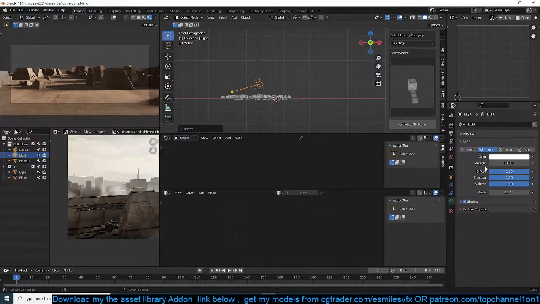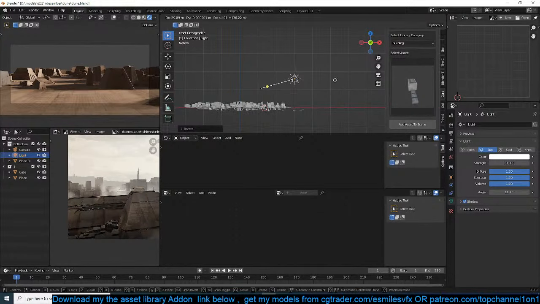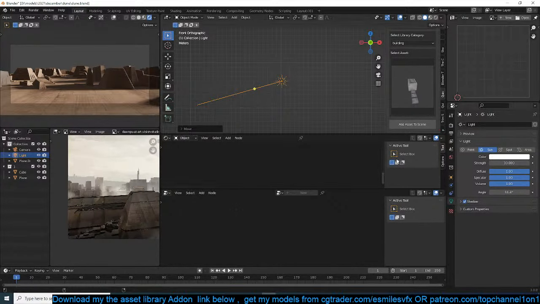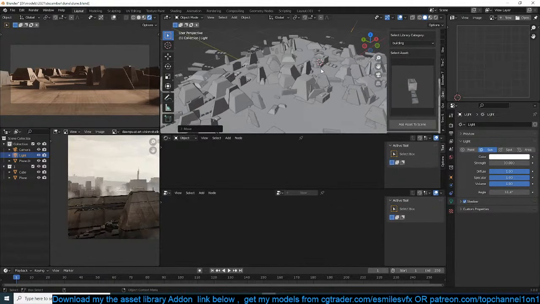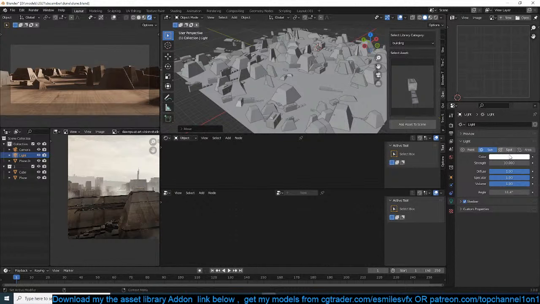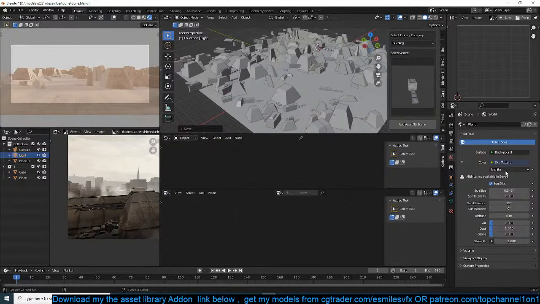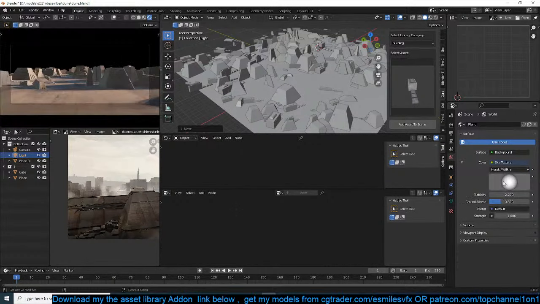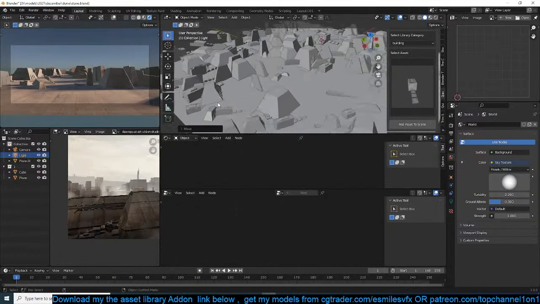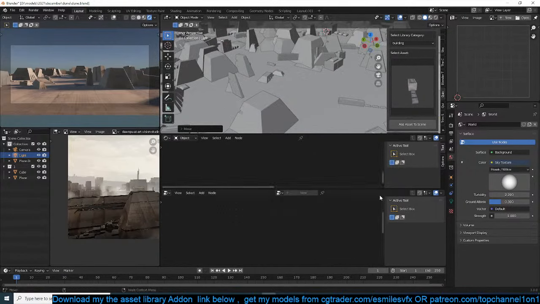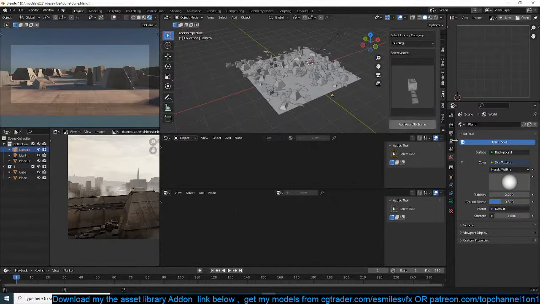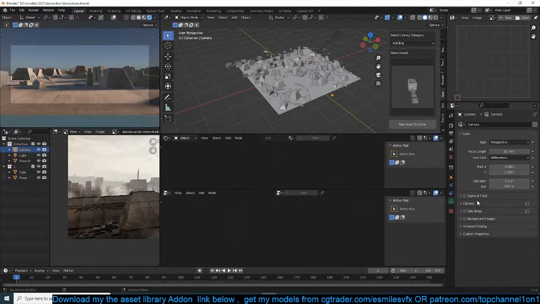Let's use 10. And for the sky, let's use a sky texture. But let's use this here. Let me grab my camera and just